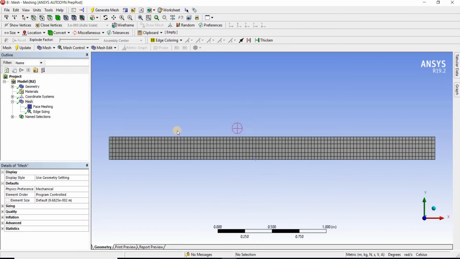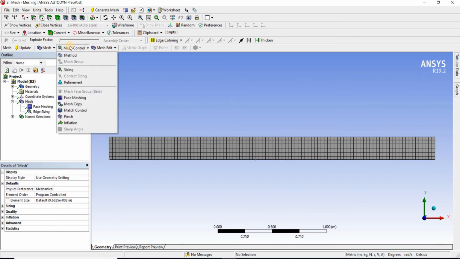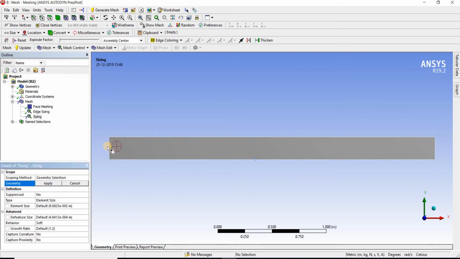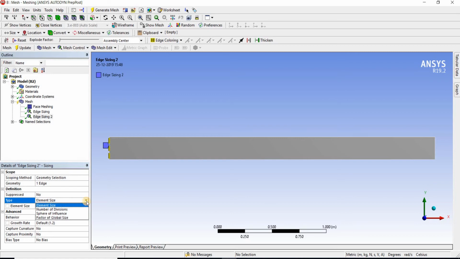to do turbulent flow because in the turbulent flow there are many small fluctuations near the wall, so there must be more elements and the mesh must be finer near the wall. So to do so, click on mesh control, click on sizing, select this right edge, then apply, change the type to number of divisions, give the number of divisions as 30, change the behavior of mesh to be hard,